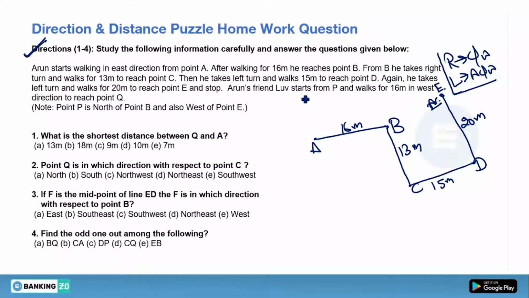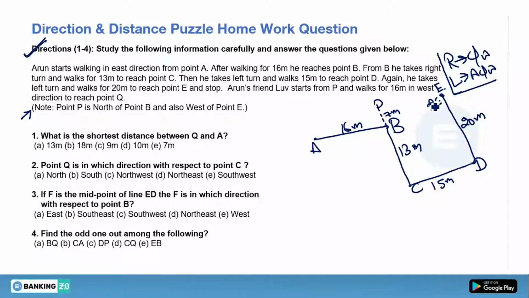Arun's friend Lovesh starts from point P and walks 16 meters in the west direction to reach point Q. We don't know about P and Q, so we will use this note: P is north of point B. Point B is here, so P is somewhere north of point B, and also west of point E. So P will be on the west side of point E and on the north side of point B. If P is on the west side of point E, then P must be in front of E only, and the distance between P and B will be 7 meters,